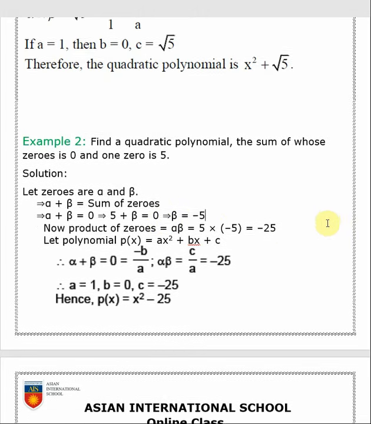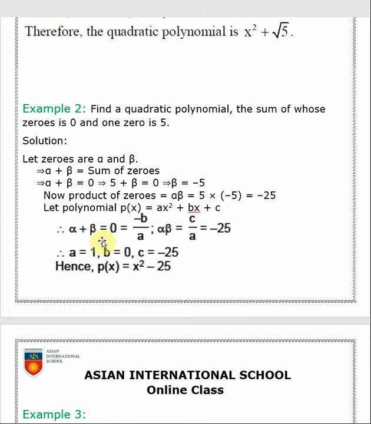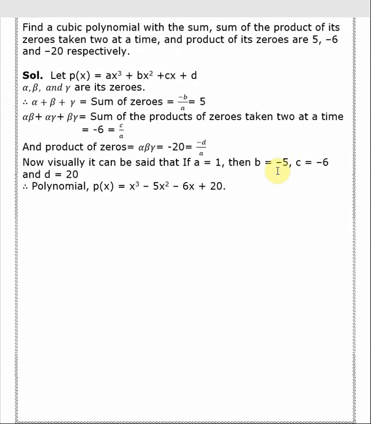Now we will form the equation by the previous sum process. The previous sum process says that alpha plus beta is 0, so minus b by a, and alpha beta is c by a, equals minus 25. Now once again we will compare. C by a is here, so c is minus 25. Below, if I take 1, then a is 1. Here also b equals 0 by 1. So b is 0, a is 1, satisfied here. So px will be x square minus 25. Simply after doing up to here, this portion is same as the previous one. Okay, so this is also a kind of sum that can come in the exam.